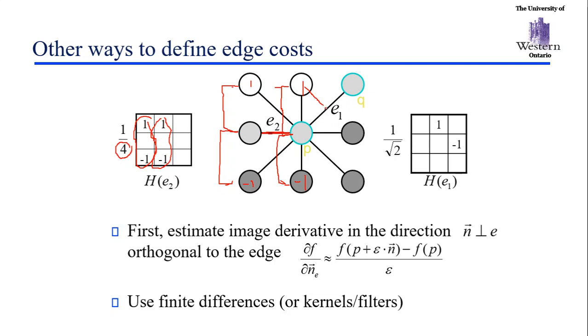So now let's consider this one. How do we compute the gradient? The difference here is square root of 2, so you divide by square root of 2, and you have -1 here and +1 there, +1 there. So now we know how to compute this gradient. This is the gradient computation formula. You move perpendicular to this direction, and then